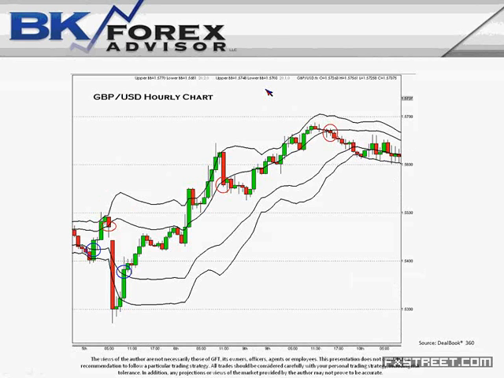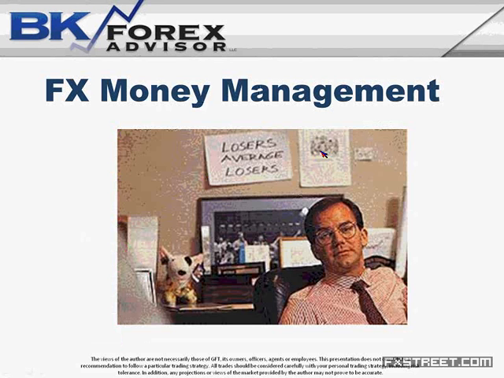You can also use them to pick tops and bottoms. For example, we like to do what's called a turn trade. A turn trade is when it breaks from the downside, we're buyers. When it breaks through the upside and comes back to the downside, we're sellers. So you can buy here, sell here, buy here, sell here. And I think three out of four are successful trades. You can trade it this way.